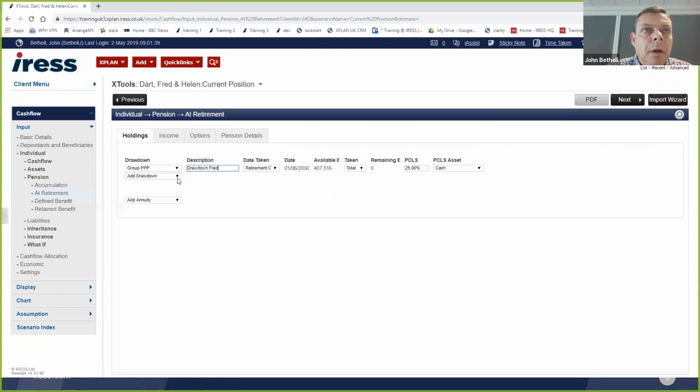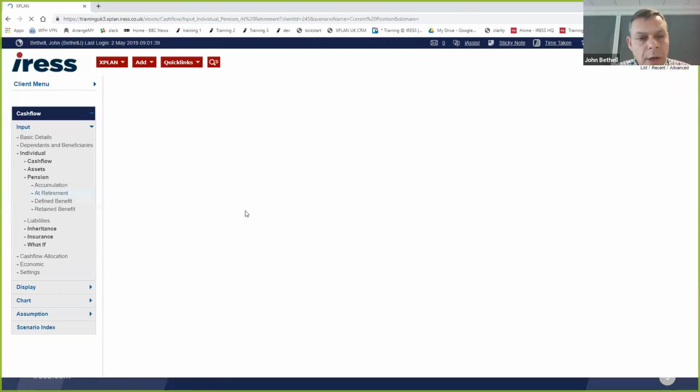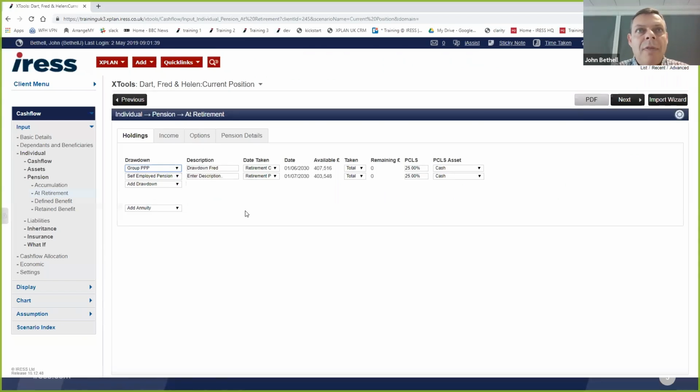and let me talk a little bit more about the current position. So I see a current position as showing the client where they are now. So if they don't take any further financial planning advice, or they haven't taken any to date, this is where they're likely to end up. It's the old story. Show them the problem, then show them the solution. Which is why this particular scenario is quite lightweight.